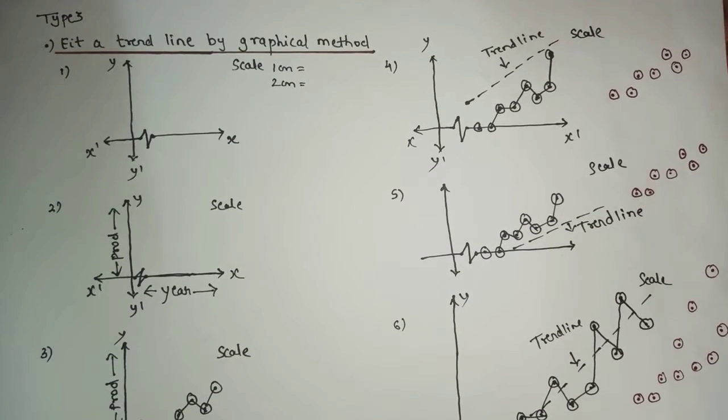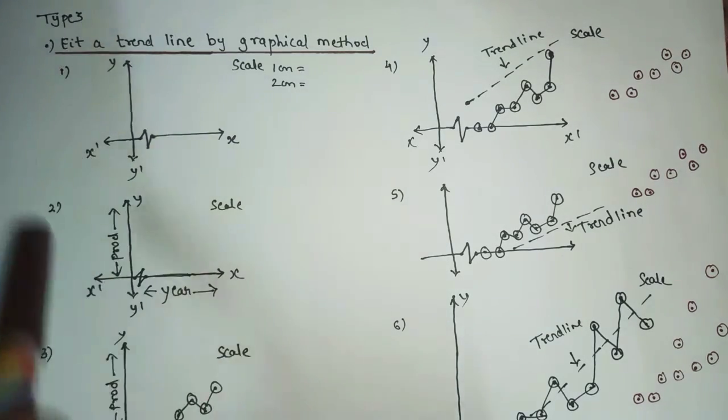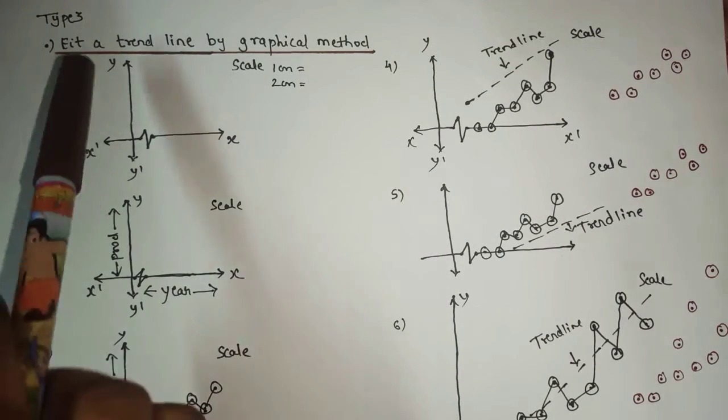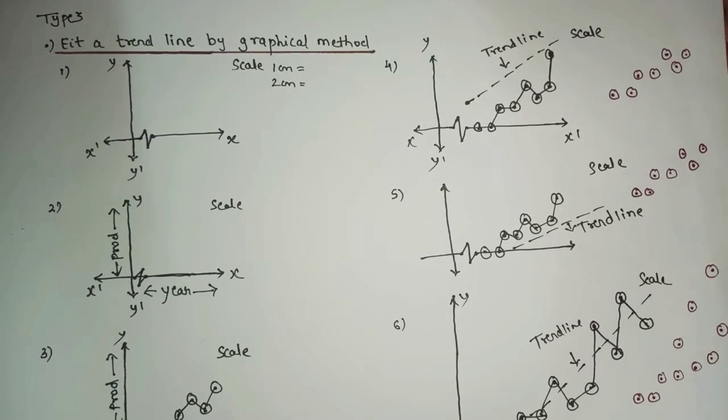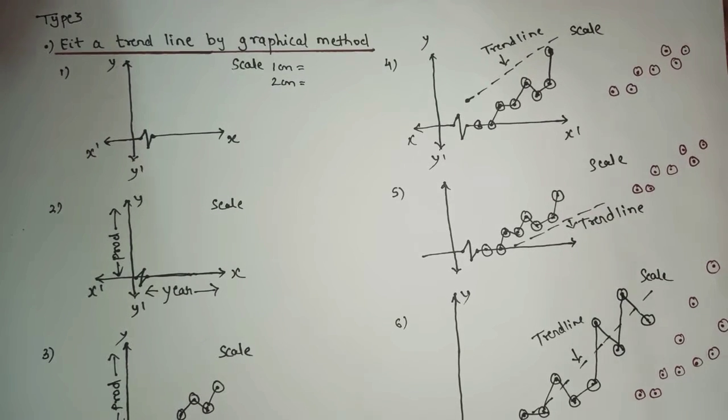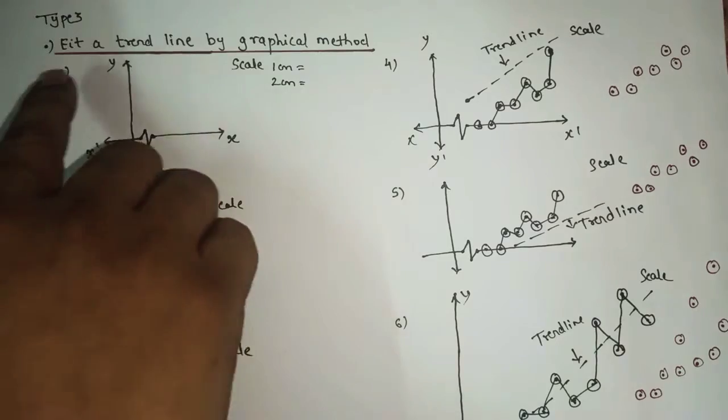Hello students, so now in this lecture we'll see type number 3, based on how to fit a trend line by graphical method. As in the previous lecture we saw type number 2, where the sum was based on how to find the trend value by using the least square method. Now in this lecture we'll see type number 3, how to fit a trend line